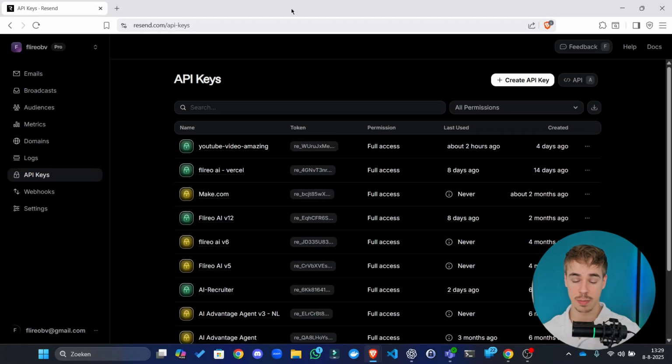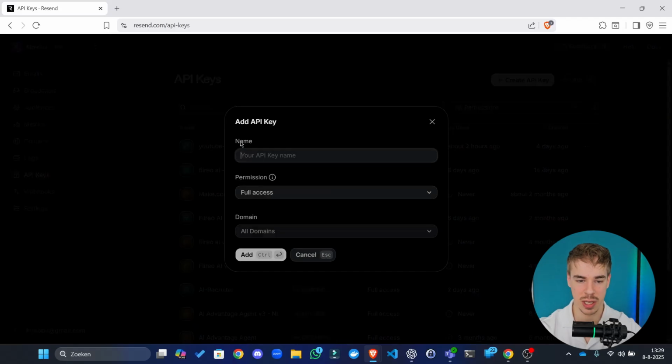So when you're logged in, it's going to look like something like this. And then again, probably you will have your domain set up. This is a production domain account for us, so I'm not going to show you the list of domains, but you have your domain set up. And what you're going to do is click API keys, create an API key,